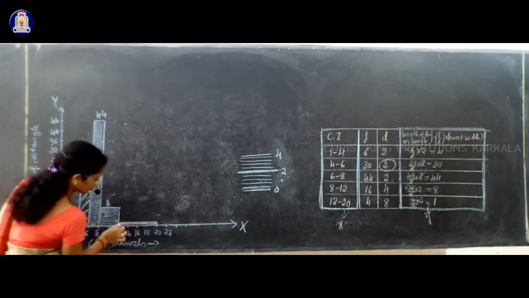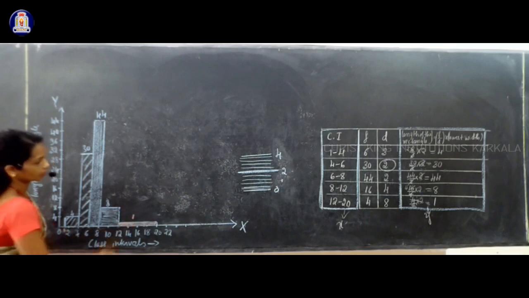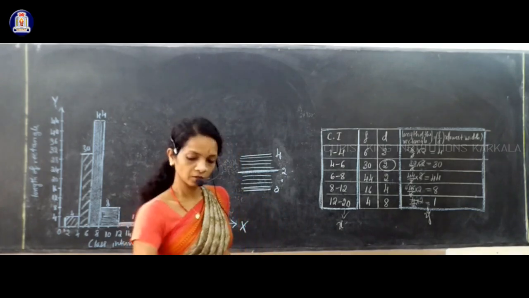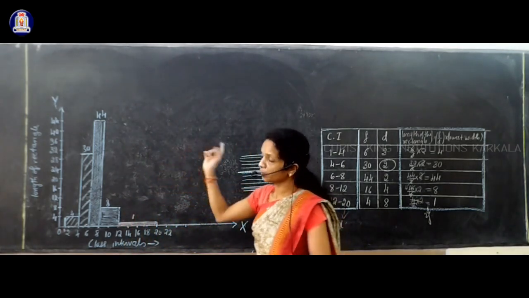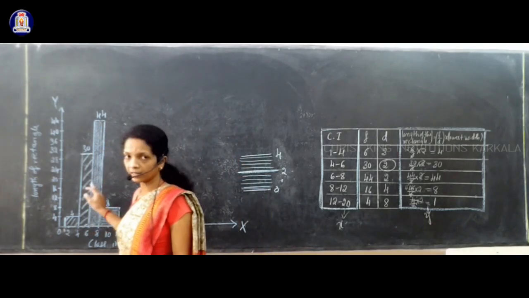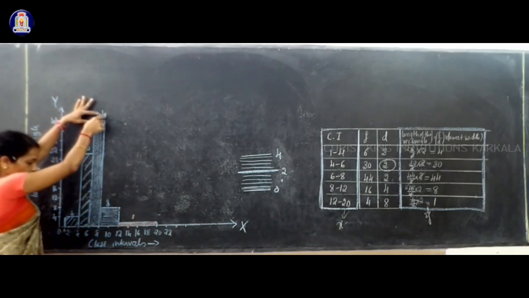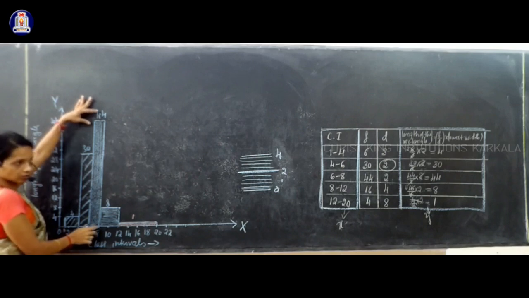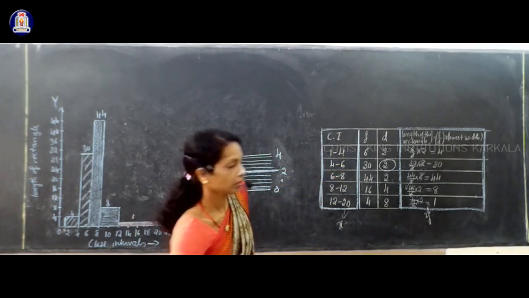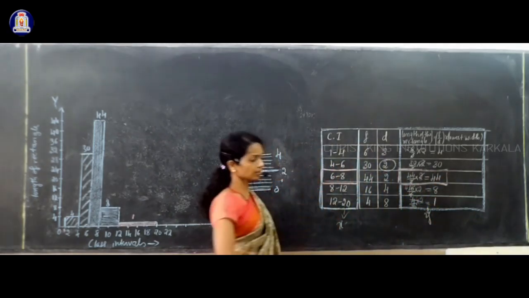And one sub question is left to answer, that is, in which class interval does the maximum number of surnames lie? You just see this histogram and see which is the maximum height of a rectangular bar. That is this rectangular bar, and 44 is the maximum number of surnames. 44 is in which class interval? That is from 6 to 8, which you can see in the table also. In this class interval 6 to 8 you have the maximum number of surnames, that is 44.